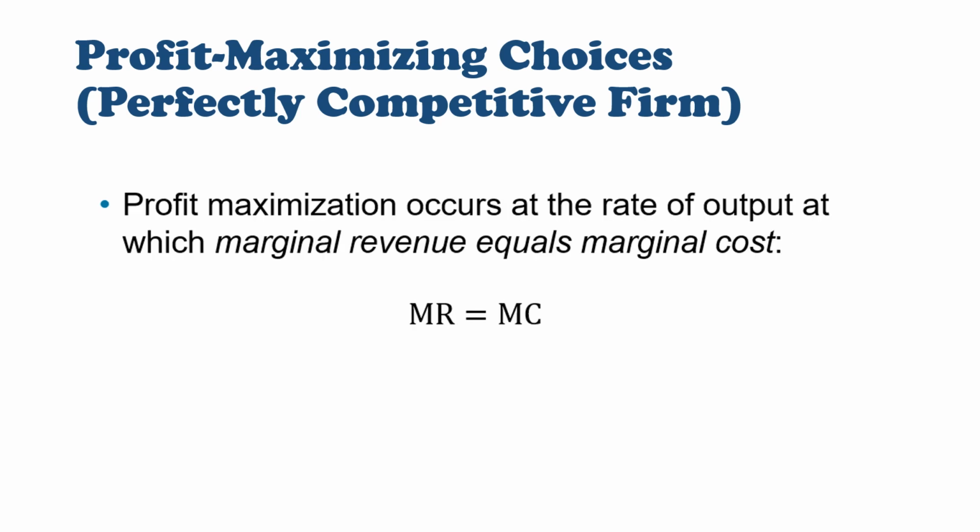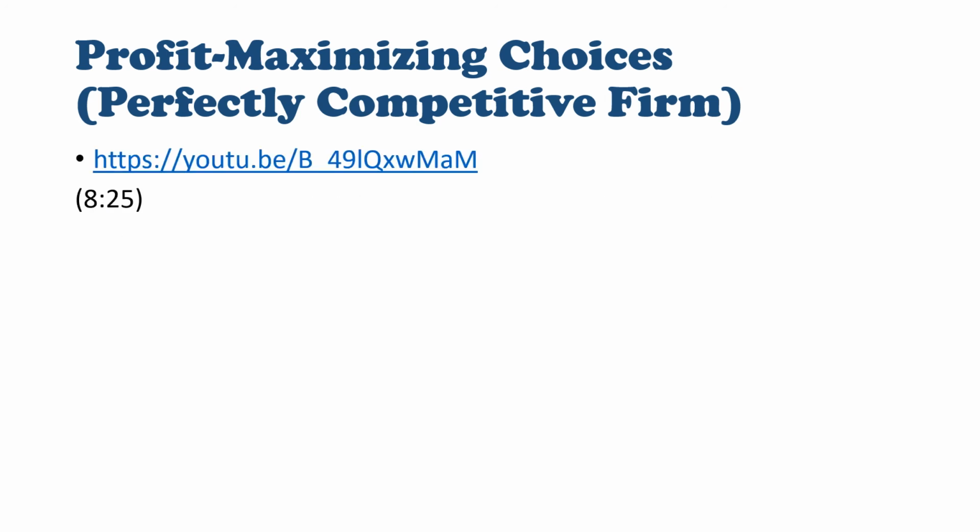Profit maximization occurs whenever the marginal revenue is equal to the marginal cost. Profit maximization occurs when marginal revenue equals marginal cost. So at that level of output, that's where you should produce in order to maximize profits. An additional